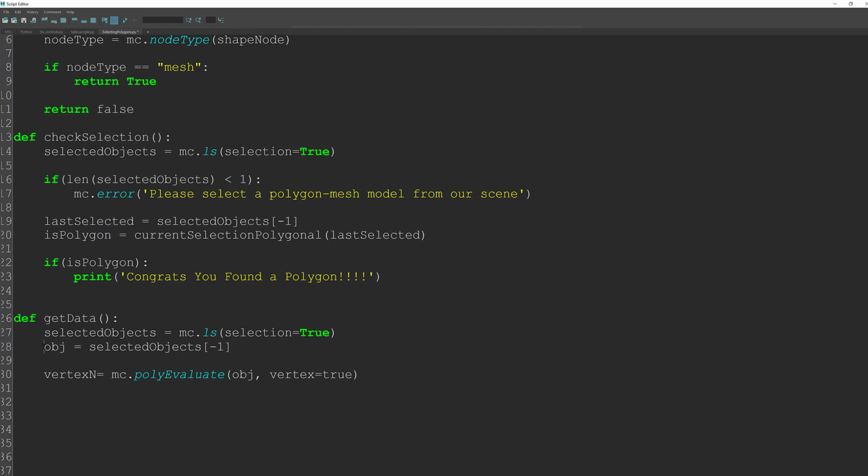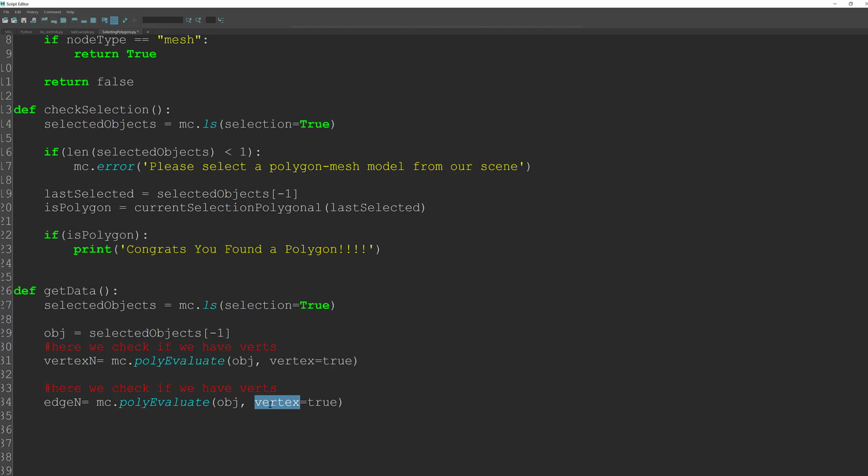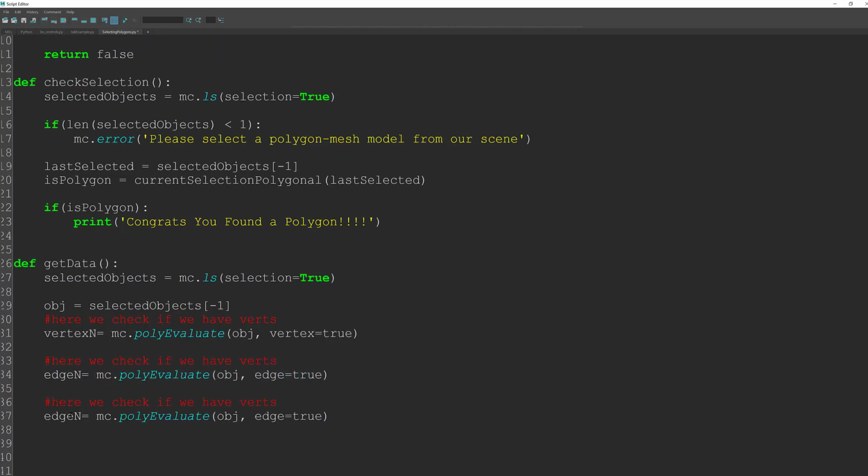and we can actually comment this. Here we check if we have verts. And so I'm going to copy and paste this line, and we're going to do the same thing for edges and faces. So edge n, and you probably guessed it, we can just make this edge. There we go. And then we'll make another one below this one, and we'll do this as face n, and we'll name this face, and these should all be capital T's. I'm just going to double click this, copy, paste,